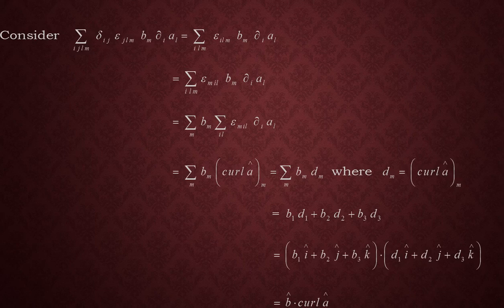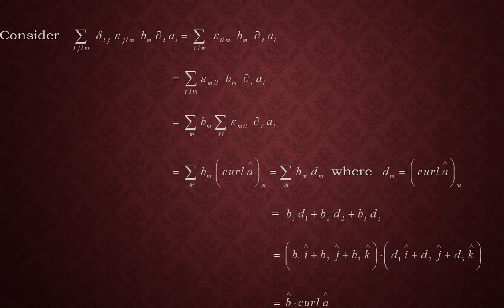As a whole, the first summation becomes sigma over ijlm delta ij epsilon suffix jlm Bm dou i Al equals summation sigma over m Bm curly A cap